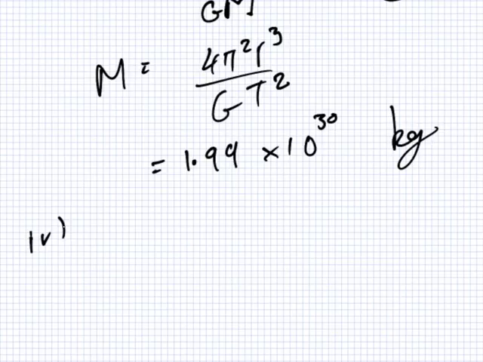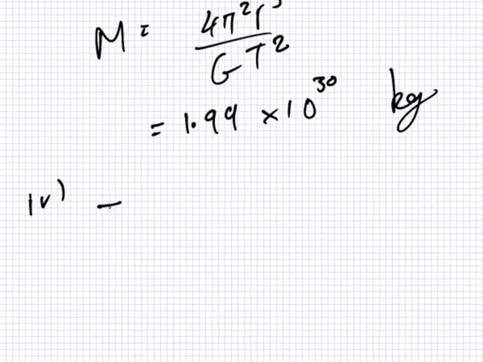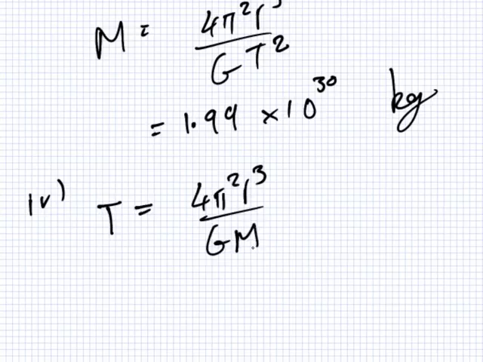Okay, so again we can just use Kepler, except this time we do want the T. It's the square root of 4 pi squared r cubed over GM. 4 pi squared times the radius cubed, and the mass of Venus is